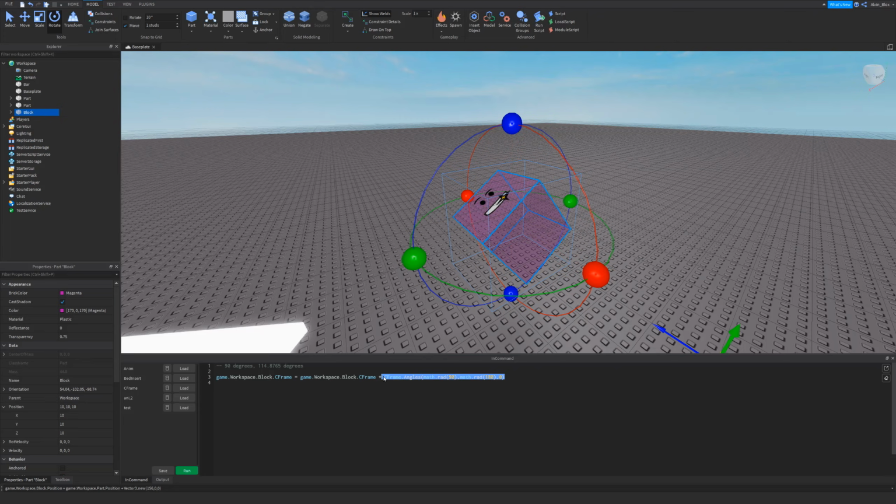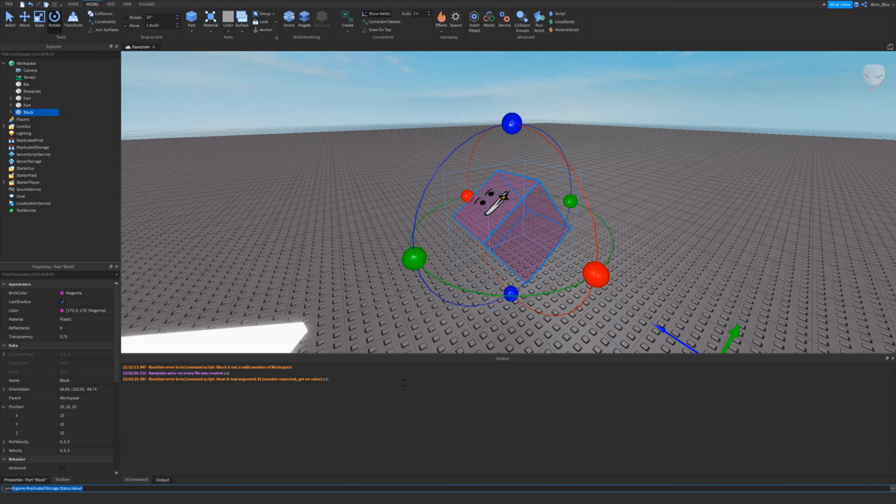So that is CFrame.Angles. That's how you rotate a CFrame. You have to supply it in radians, but if you don't want to, you can use the math.rad function, which will take your angle in degrees and convert it to radians. I will prove that to you if I go down here and print out math.rad(90). It gives us 1.57079632679949 radians. If I go to Google